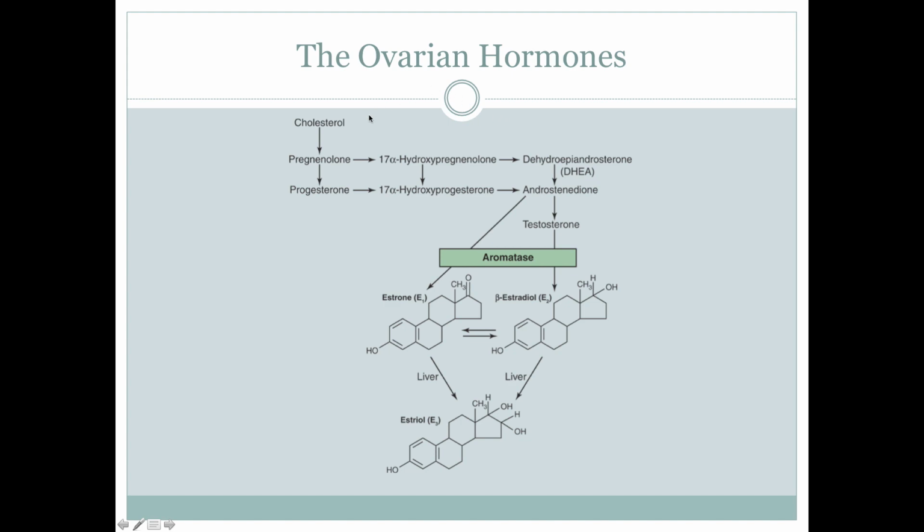Okay, so these are the ovarian hormones. We've mentioned these a bunch of times, cholesterol into pregnenolone, then progesterone. We have our DHEA, which is also produced by the adrenals, which can be modified into testosterone, which helps aromatase enzymes convert to estradiol. And then there's also estrone. So when we say the estrogens, we're referring to these estradiol compounds like E2 and E3 that are made in large quantities by the ovaries.